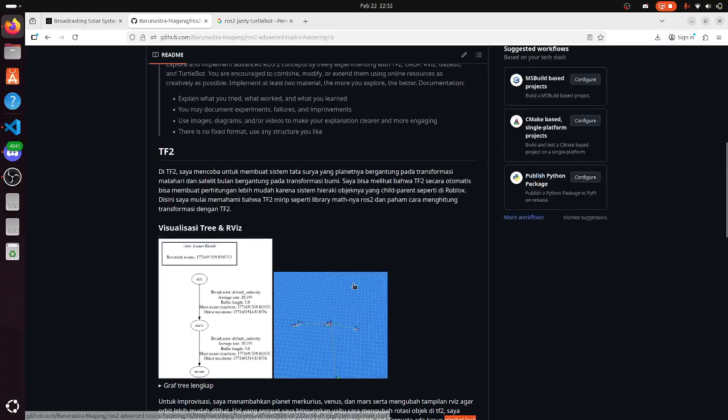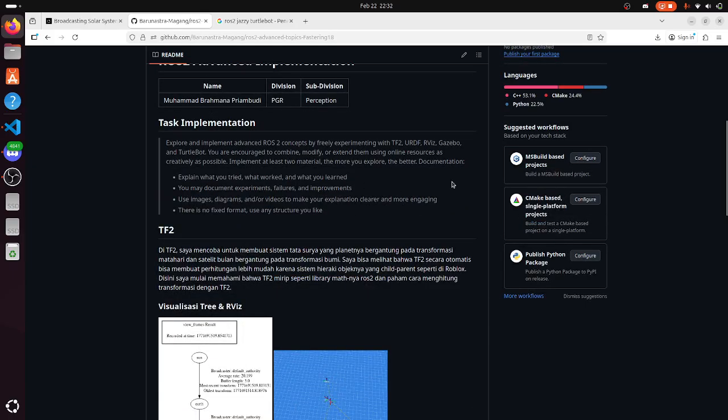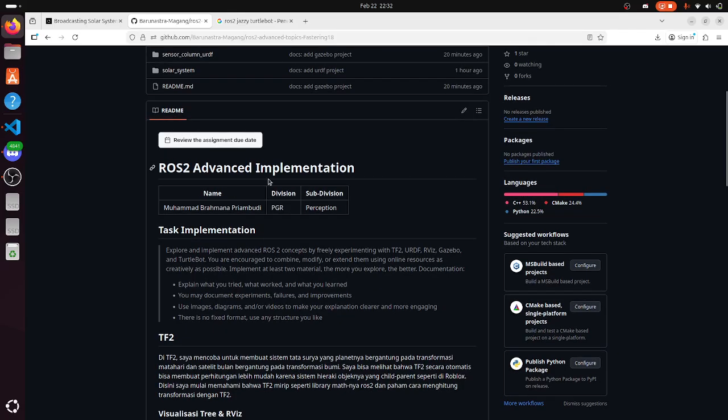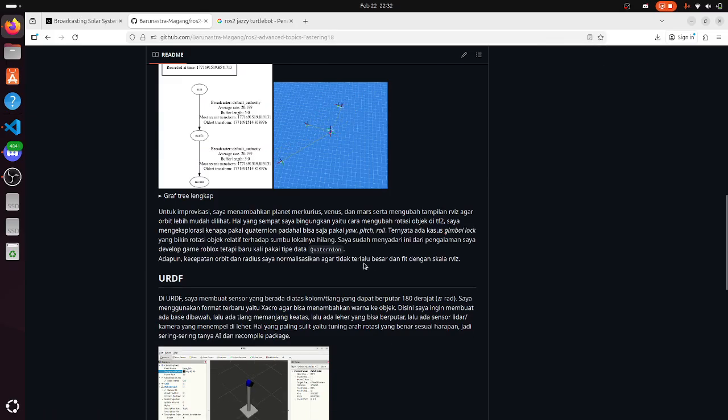Gimbal lock is when you rotate to a certain rotation in a certain direction, you cannot rotate to the desired goal because the local rotation is changed.